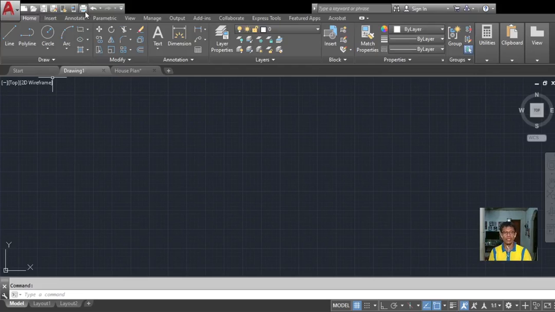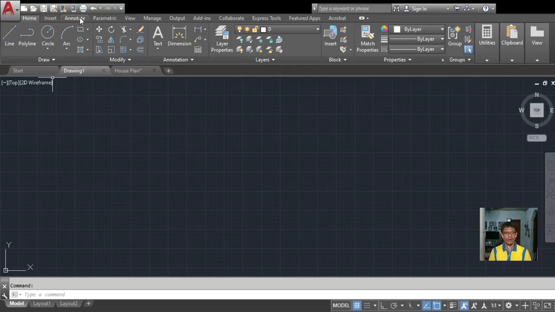But actually, you can customize the quick access toolbar. If you want to add toolbars that you can easily access, you can customize it. But the default here in the quick access toolbar, I'll repeat, we have new, open, save, save as, and plot.